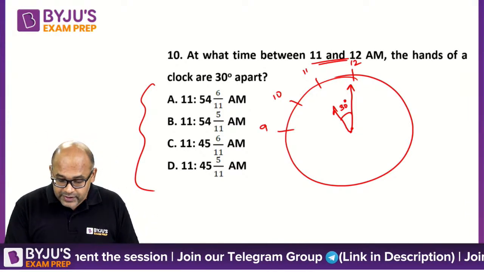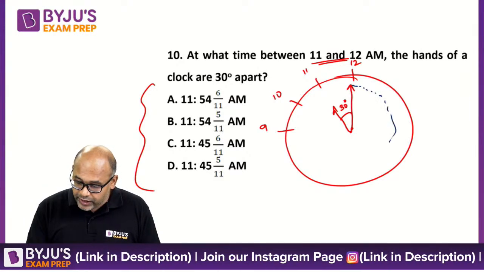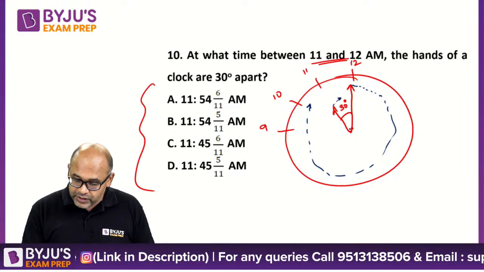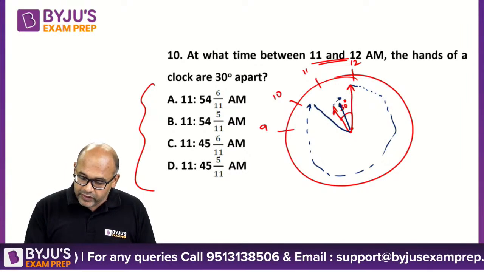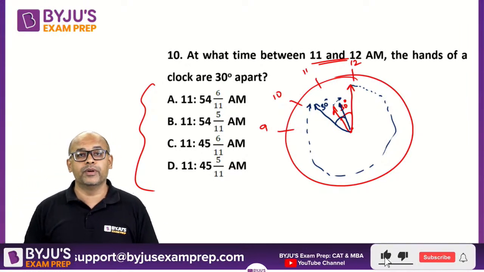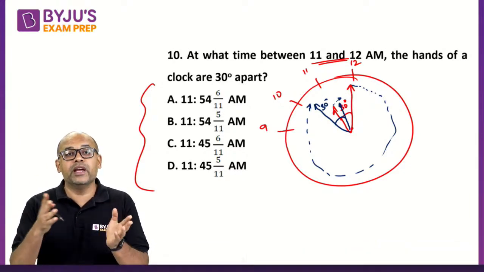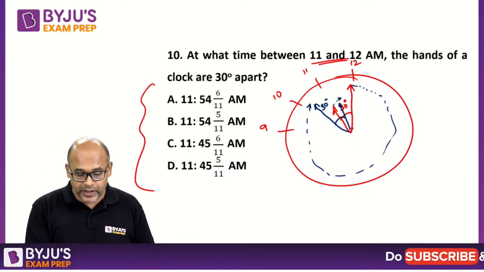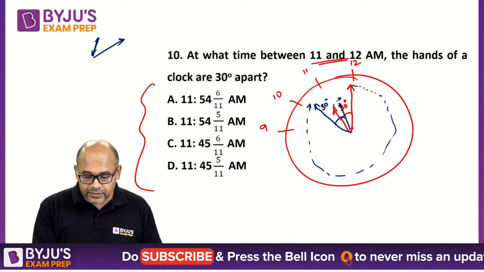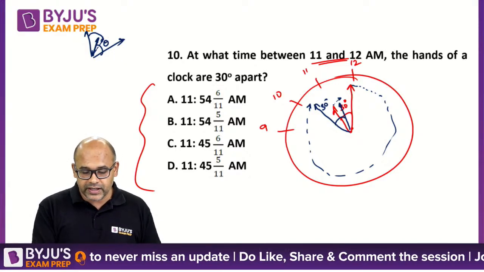So what happens actually is, this hour's minutes hand will keep rotating, and somewhere it will come over here, and this small hand will go over here. So this will be somewhere over here, and therefore this angle is going to be 30 degrees. So there will be a second 30-degree angle formed. In fact, every angle will form 2 times in an hour. Once will be like this, small hand and big hand. Then the other time, the small hand will come over here, the big hand will be here. So whatever this original angle was, this angle will be the same. This is theta, it will again form theta like this.